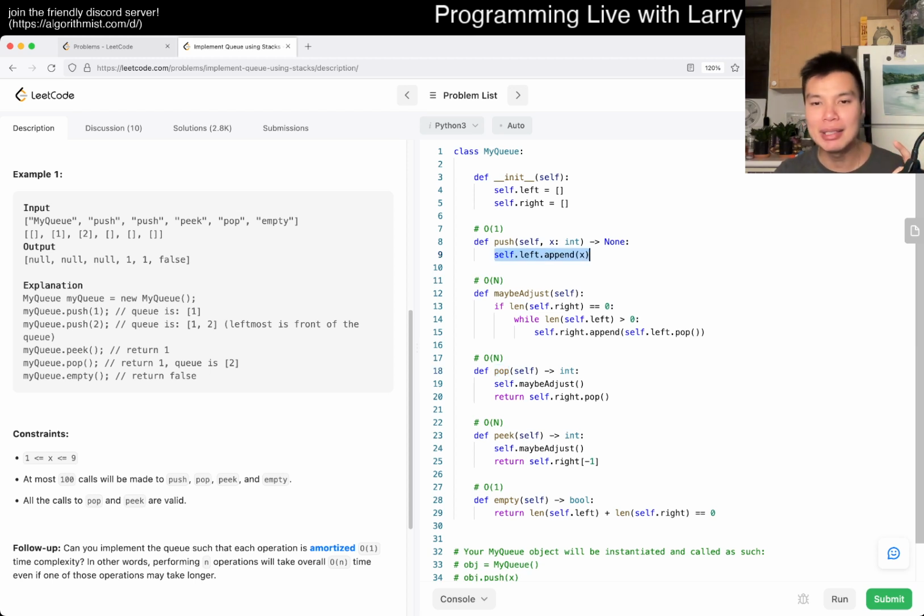And then at some point it gets moved from the left to the right. So that means that's also 2 O of 1 operations. The pop is O of 1, append is O of 1. And then at the very end, it gets popped from the right, maybe it gets peeked at some point. If you think about the state machine, if you will, maybe that's a better way of thinking about it,